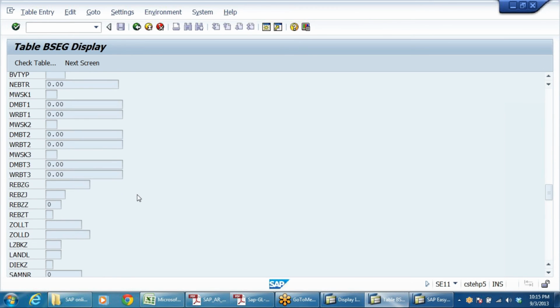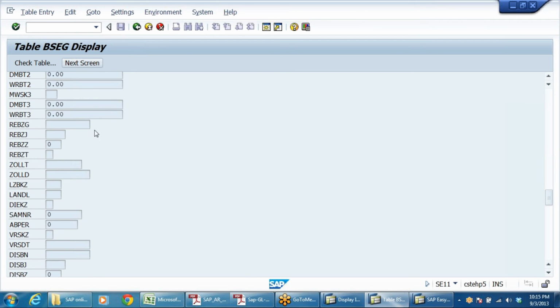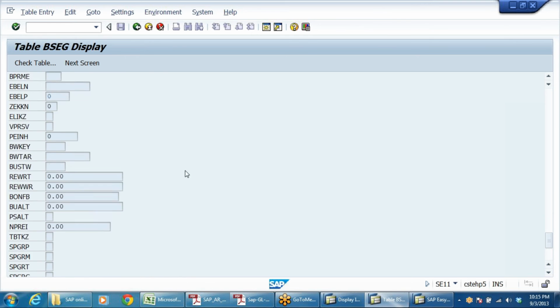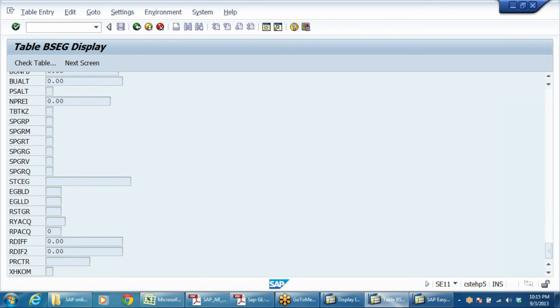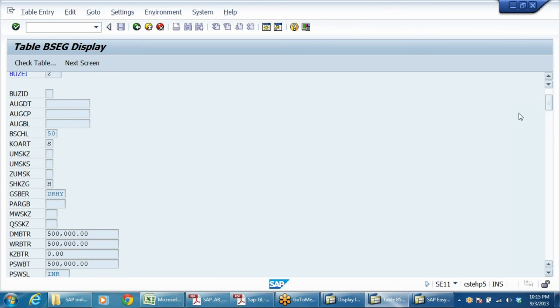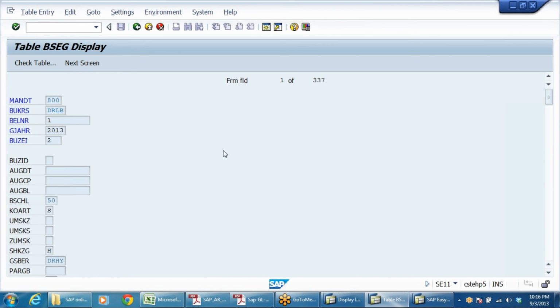Right? So when one record is generated, the system immediately creates this structure. The complete structure is going to be created, with so many fields. Whatever fields you enter information in, that is stored. Otherwise, whether you enter it or not, space gets wasted here. So by default, the structure is created like this.